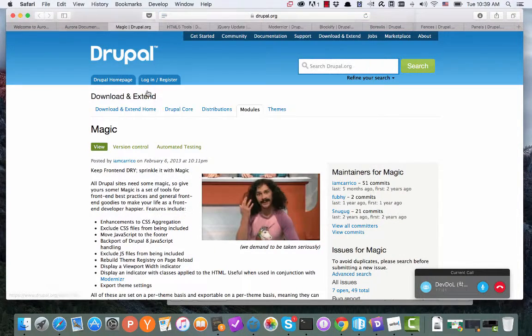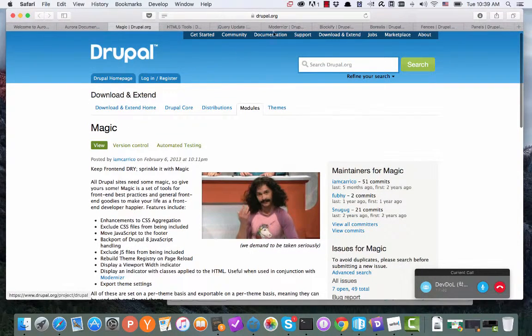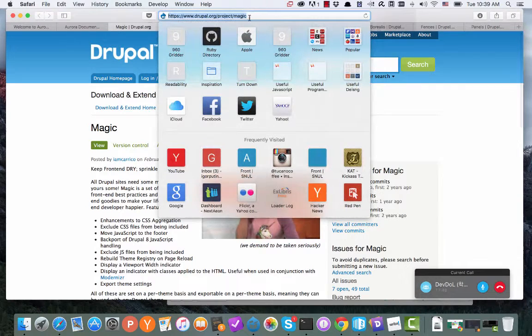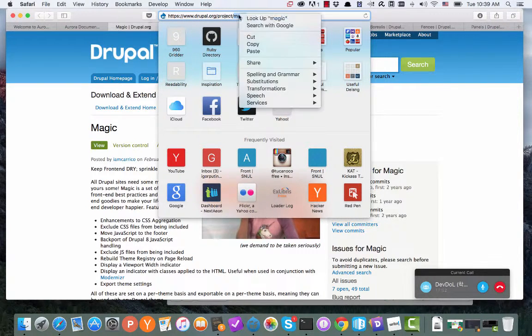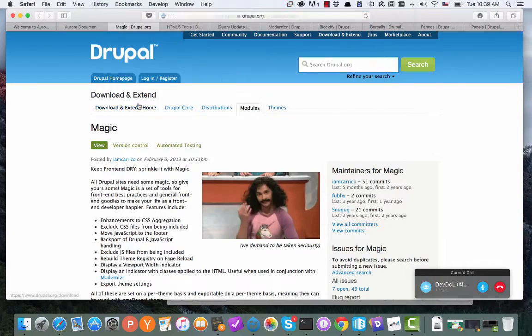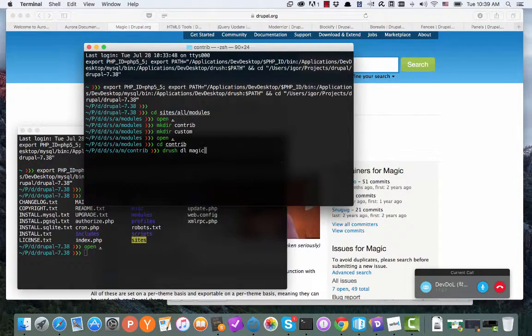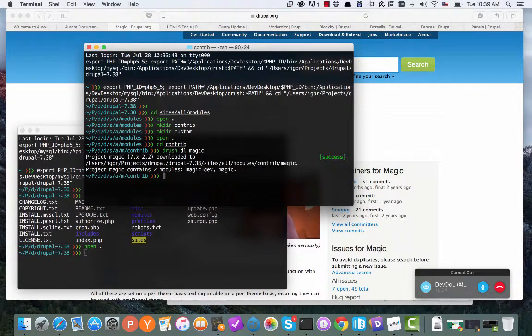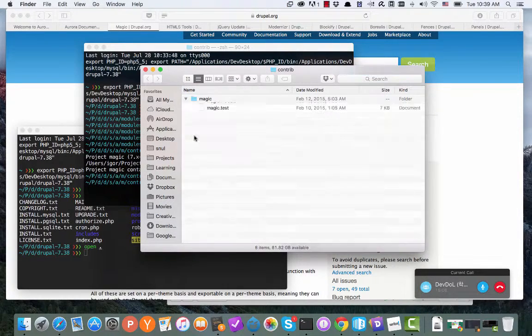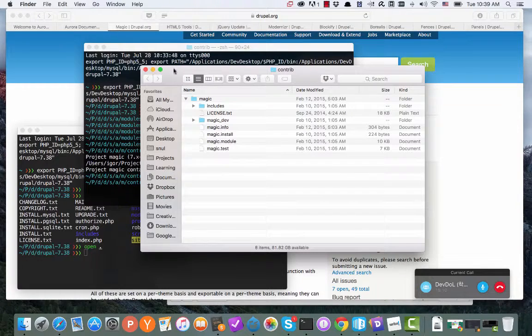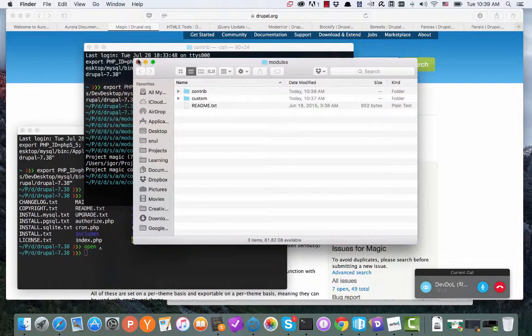So every time you click on them, it'll probably take you to its Drupal.org page. And if you look here at the end, there's project and then there's magic, and this usually is what you need to copy and then go back to the terminal and paste it here, and it'll be drush download magic. And if all goes well, let's open the contrib. It should already be downloaded and installed here. And I'm going to repeat the same thing for